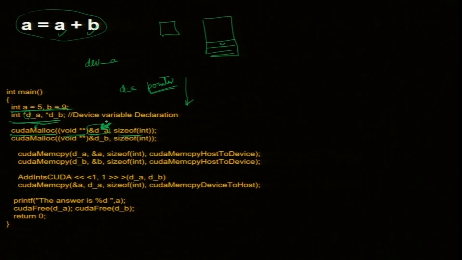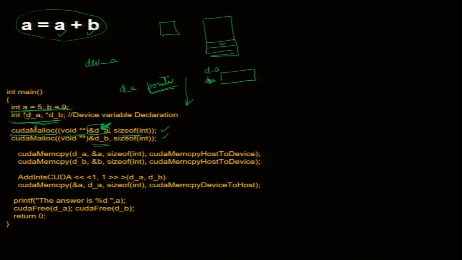What is it doing? It is allocating storage for my integer inside the GPU, and its address is DA. Next line I create another integer, its address is DB. I am getting the address by cudaMalloc. Remember, malloc was giving me the pointer, which is the address.